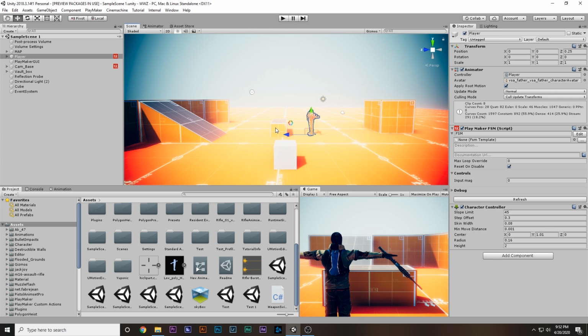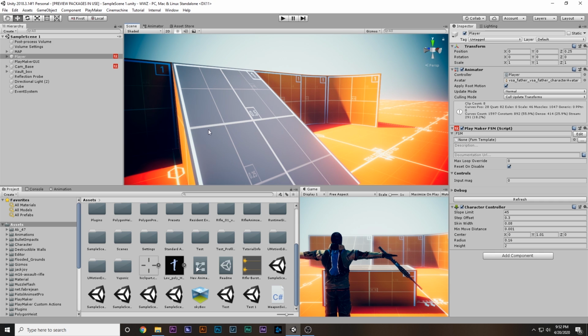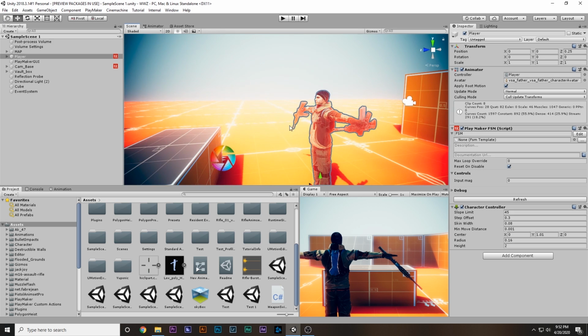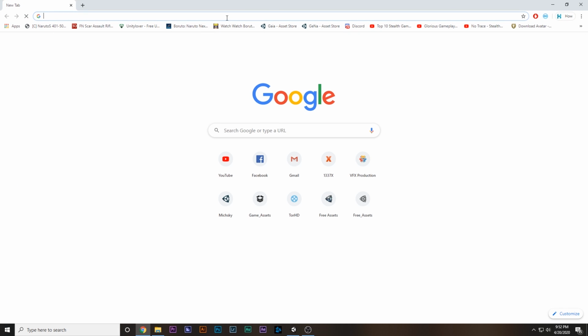Of course, in the future videos we will add some particle effects, so that when we hit somewhere over here, some smoke rises and all that, like a bullet impact system, but in this video we will cover the basics. So in order to do that, I'm gonna go ahead and add the crosshair first. In order to add the crosshair, I already have an icon over here, or the symbol of the crosshair. You can simply go to Google and search crosshair